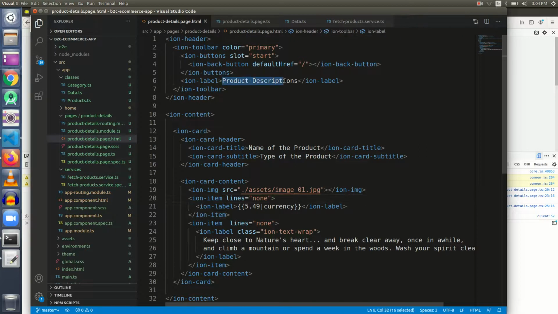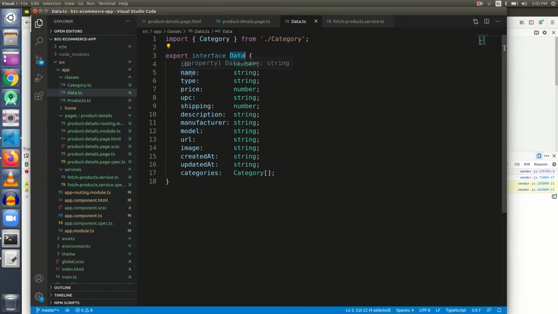So let me just go here. Now it's all easy, we all know how to do it. We are going to use interpolation, and we are going to use this product.name. Let me just copy the whole stuff. Why? Because in the next line in the title again we are going to use product.name, here it is, and then again here there will be type of the product, so let it be like this, product.type. All these fields are inside our data. If you can see, this is the name, this is the type, this is the price. We are going to use all these.